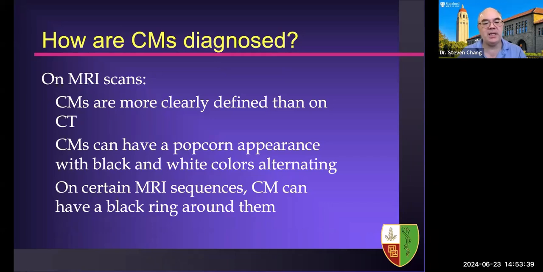On MRI scans, there's certain radiographic terminology that physicians use when describing cavernous malformations. Sometimes we say they have a popcorn appearance, meaning specks of black and white colors alternating within the cavernous malformation, representing different ages of blood products or perhaps some areas of calcium. On certain MRI sequences, cavernous malformations can have a black ring around them, and that's a very classic defining pattern